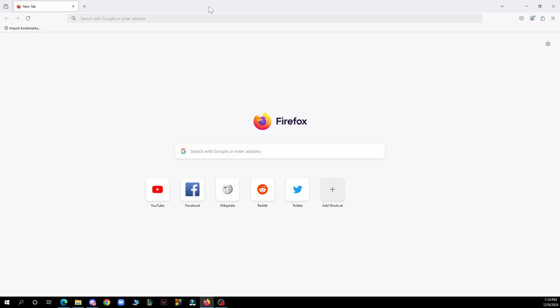Hello guys and welcome back to this channel, where today I'll be showing you how to change download location on Firefox. So guys, the first thing that you of course need to do is go to another browser and